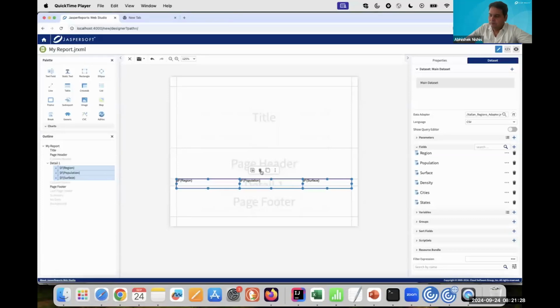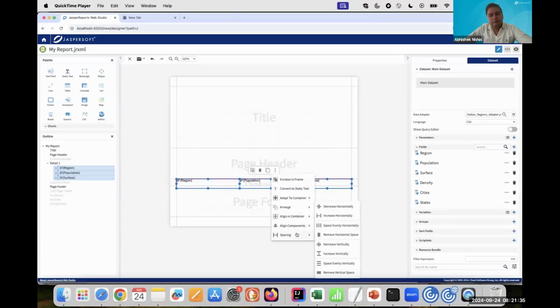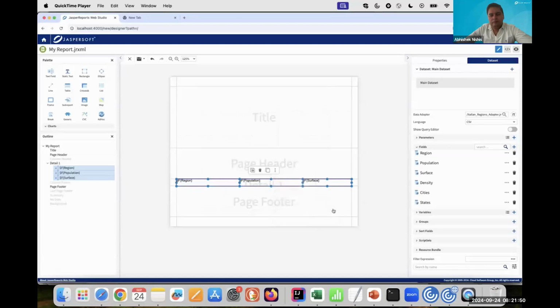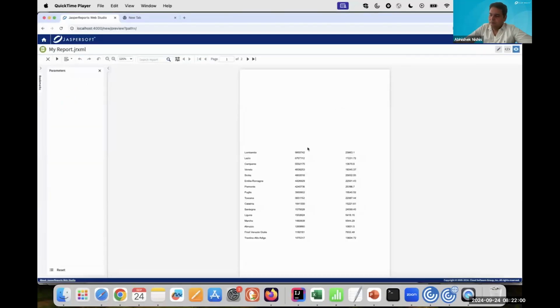I can duplicate, delete, or copy elements. And this toolbar allows me to access a set of other submenus that provide several features. We will see them in this demo. The one I'm interested in right now is adapt to container, and we want to fit the height of my detail. So this way, the elements will properly fit the height of my detail band. And I can now preview my report, and I see my report